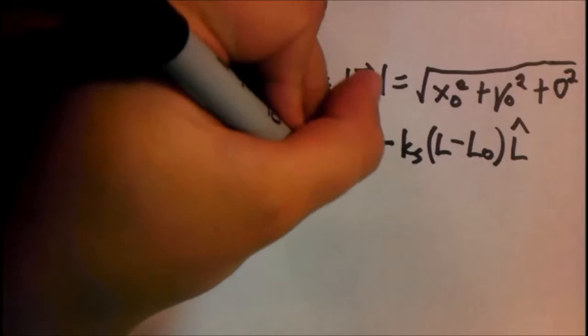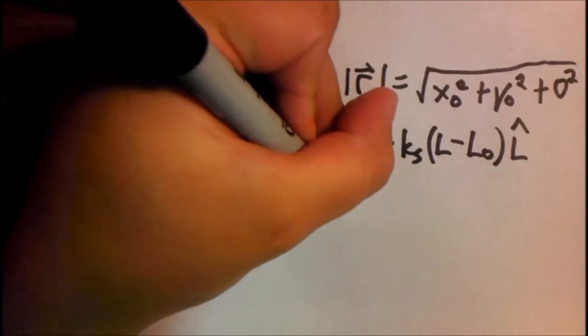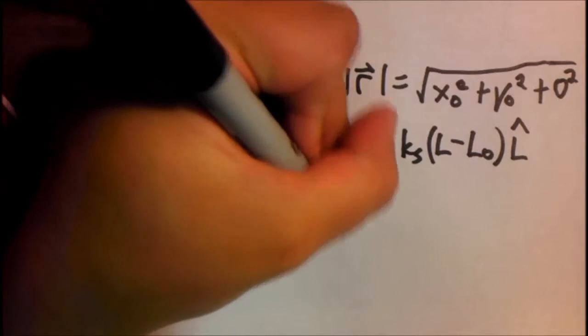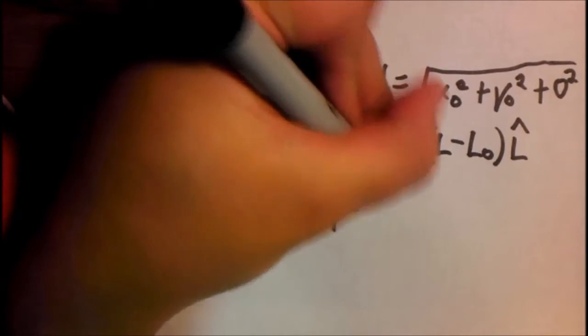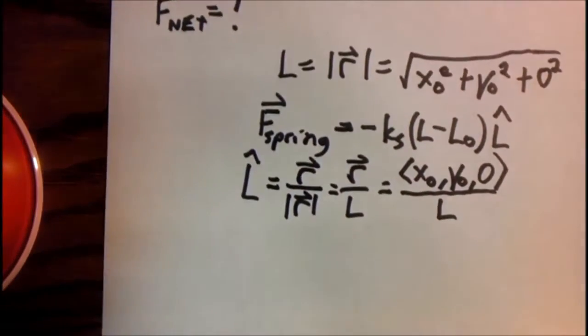L hat equals the position vector over the magnitude, in other words, the position vector over L, which equals x naught, y naught, 0 over L. So substituting that back in the spring force equation,